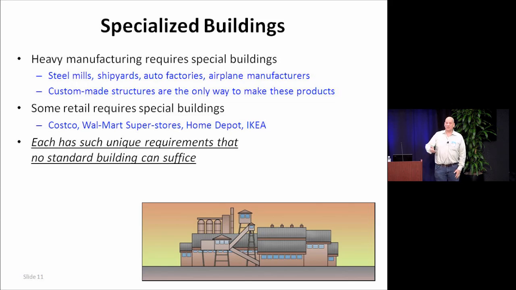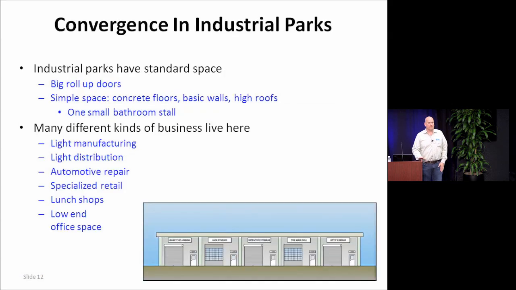And that's actually kind of true for an IKEA or a Costco, pretty much, okay? But some of these things are specialized because they have such unique requirements. So I want to acknowledge that that occurs. But what you're seeing is different categories of buildings that have emerged over the last 30, 40 years, right?